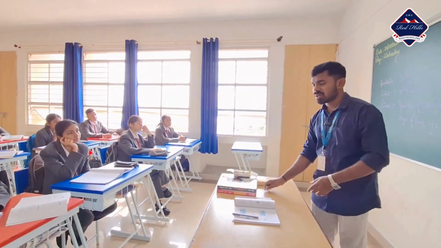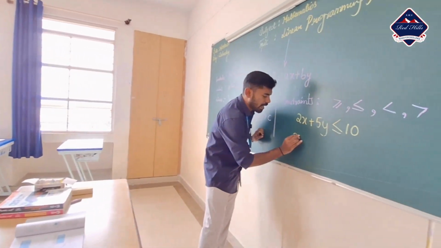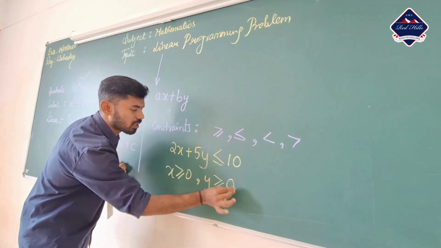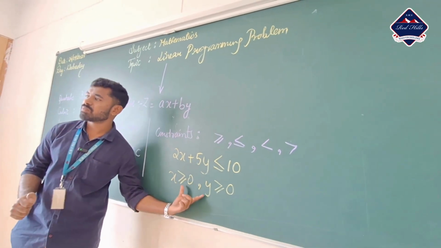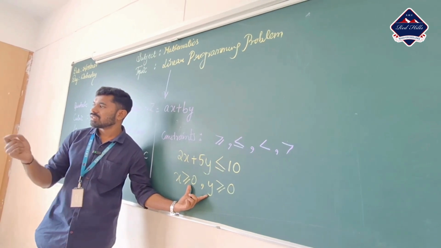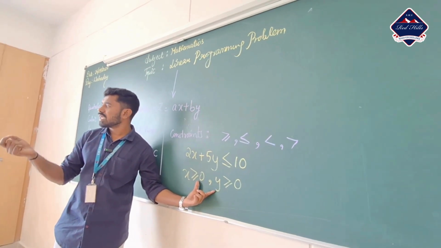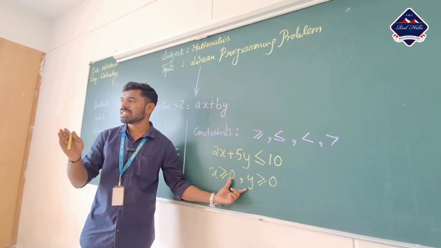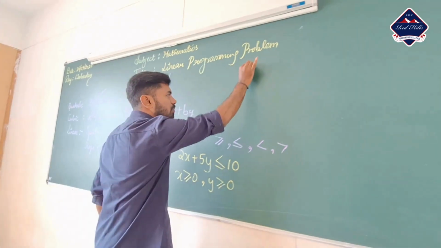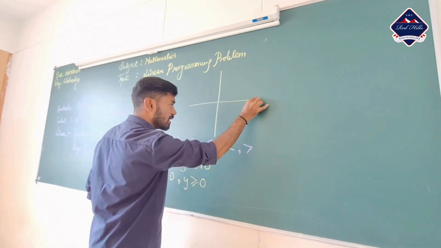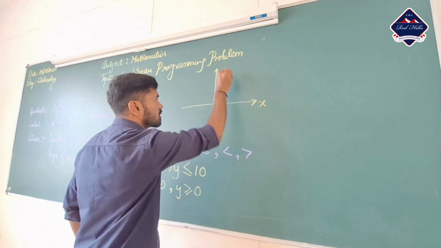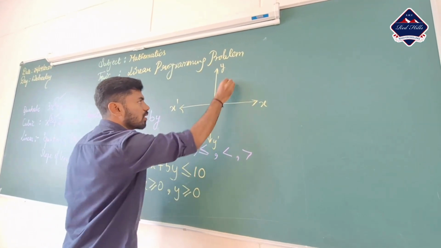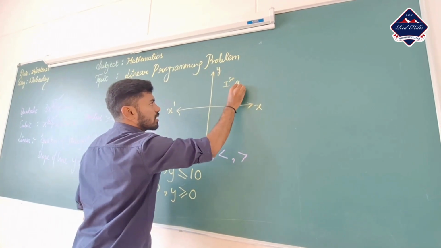Similarly, if there are 3 constraints, how many points? 6 points. There is always an association of x greater than or equal to 0, comma, y greater than or equal to 0. What is this particular thing called? Very good. Non-negative constraints. Non-negative constraints clearly tell us, in a graphical representation like x, y, x dash, y dash, we always have the first quadrant